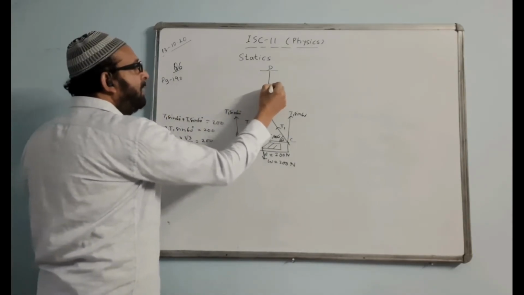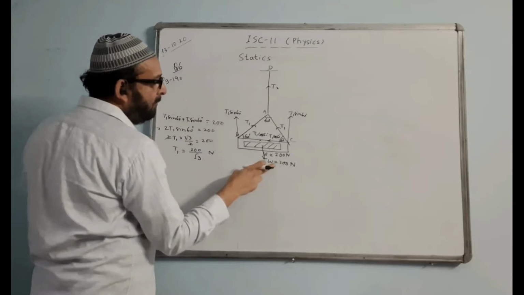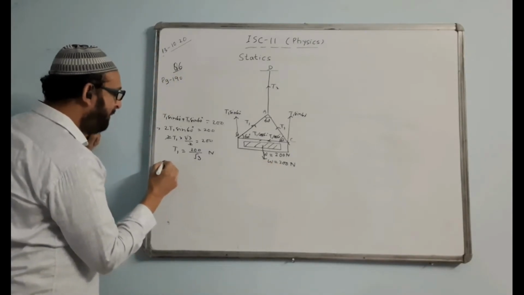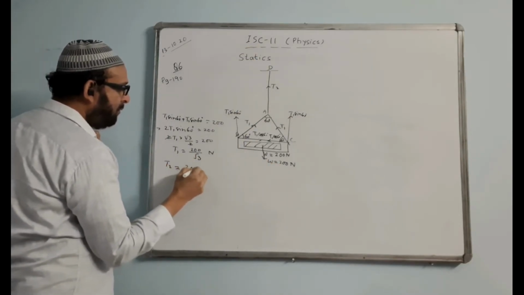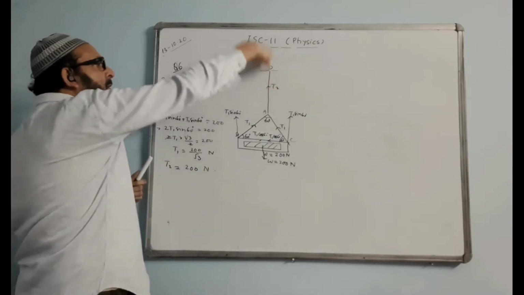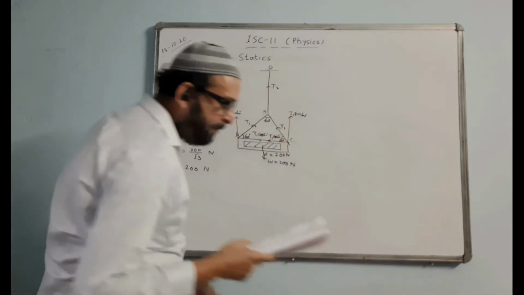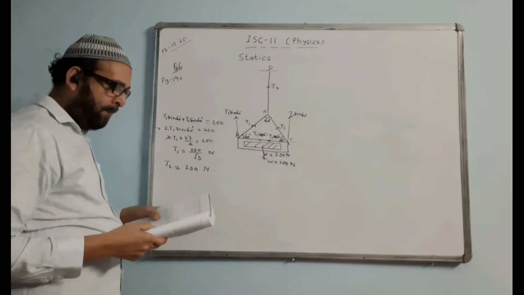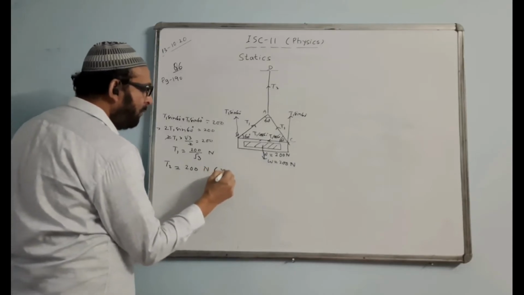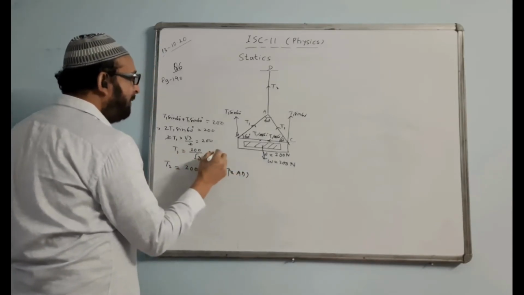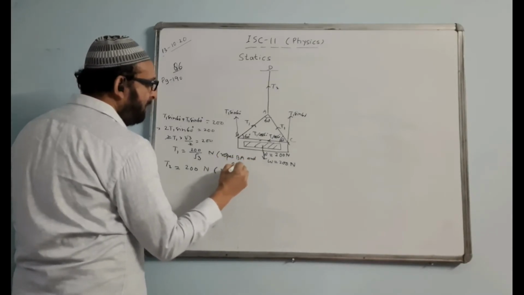Now the tension over here I take as T2. What will this T2 support? This T2 is supporting the entire weight, that is 200 Newton. The upward force T2 as a whole is equal to 200, so T2 is equal to 200 Newton, because ultimately this one is supporting everything, that is 200 Newton. Therefore, T2 is the tension in the rope AD, and T1 is the tension in both the ropes BA and CA.